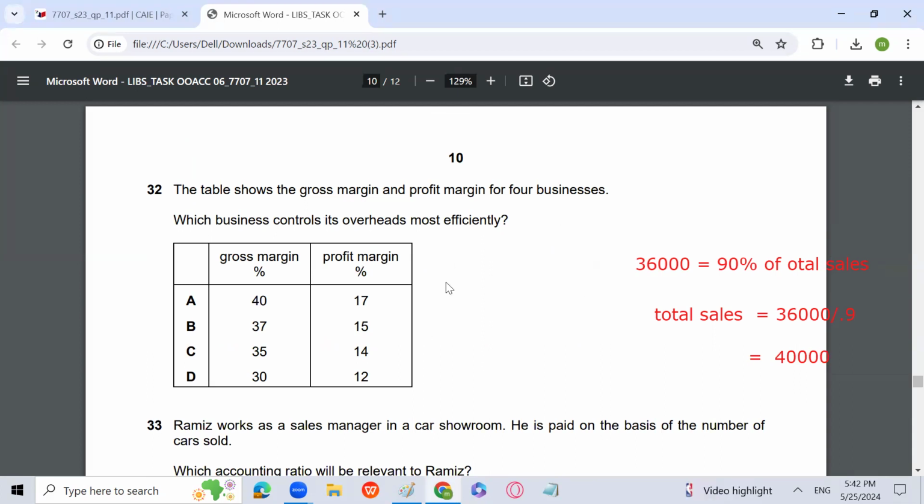Even you can do the example also. You will take 100 as sales and then you will calculate it. You will get the answer. That's not a big deal. It's better that you go for a calculation, that will help you. Take an optimistic example, then go for the calculation. So D is the answer, because it shows that you are controlling your expenses